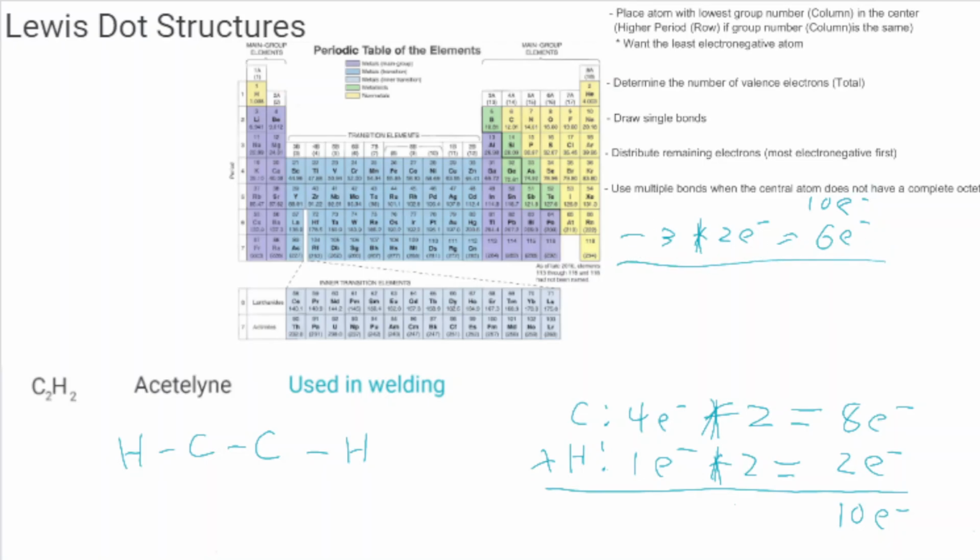Subtract those out, and we get 4 remaining electrons that we have to work with. Now, I'm going to just choose one carbon. I'm going to go ahead and choose the carbon on the right, and I'm going to add in 1, 2, 3, 4. Alright, so I've added in our 4 electrons,